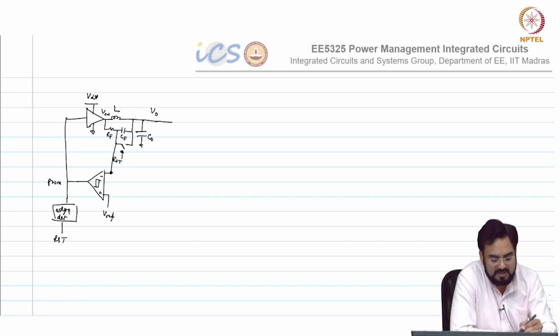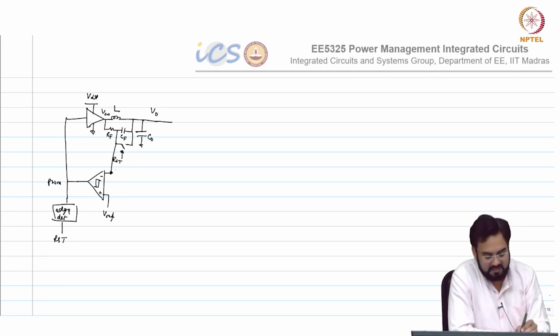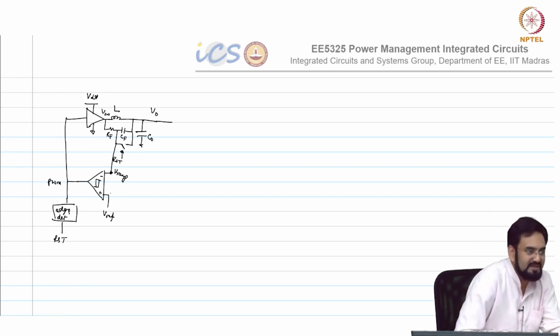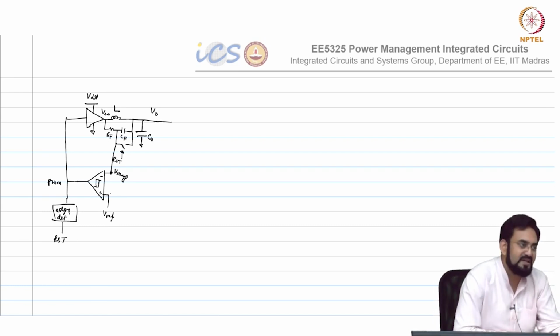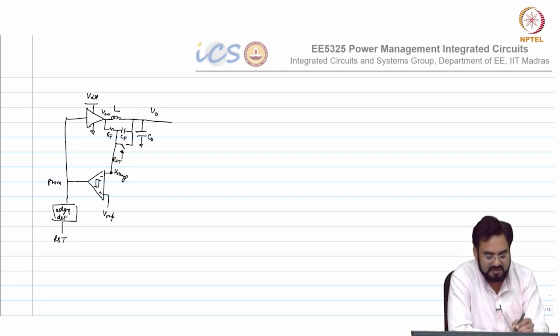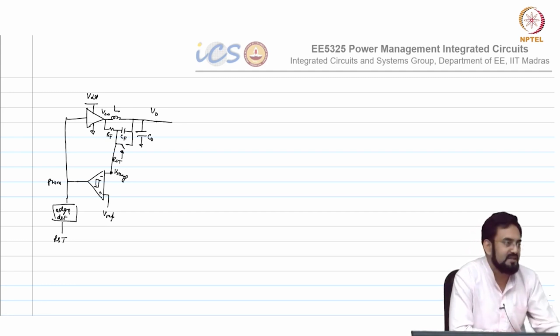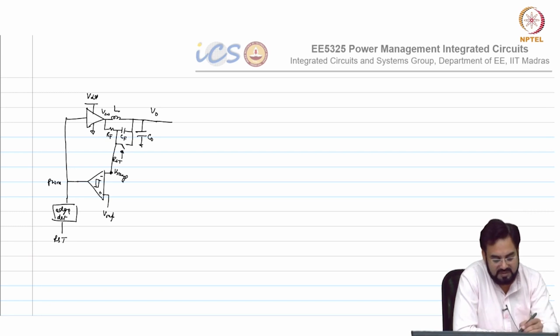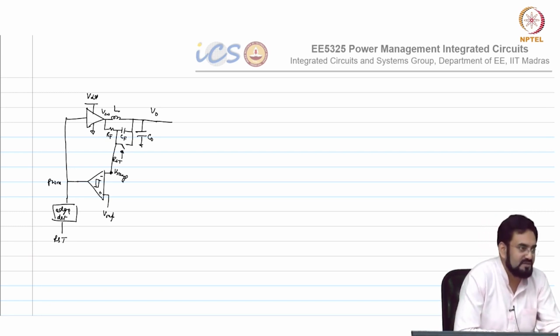Okay. So it all depends how much component is passed from output to this VRAMP node, if I call it VRAMP, through this CF cap. But if you have the other path, then you may get a better transient response. I mean that will work, but you may get some degradation in the transient response. So the advantage here is you have a direct path. Anytime V out changes, it will get reflected here, but in the other case you have to wait until the next cycle comes, otherwise you have to only rely on this capacitor CF, the feed forward.